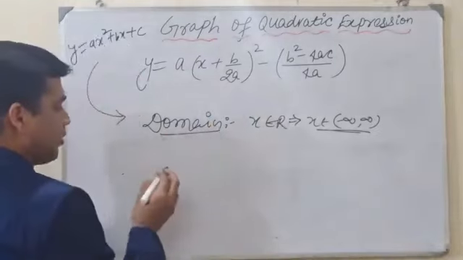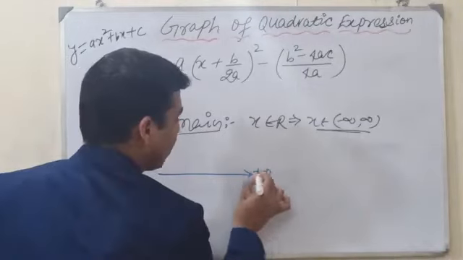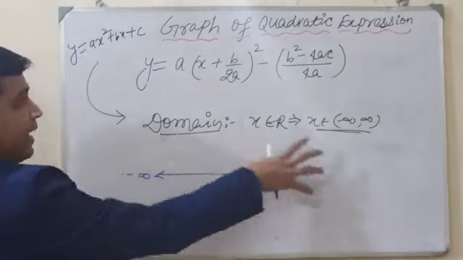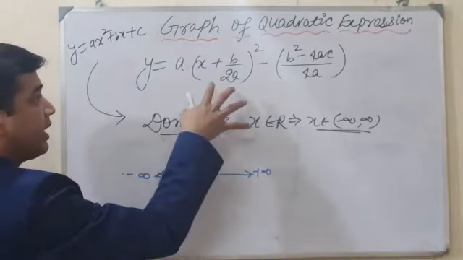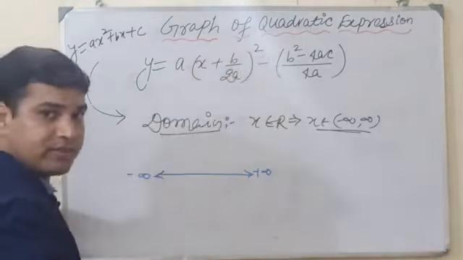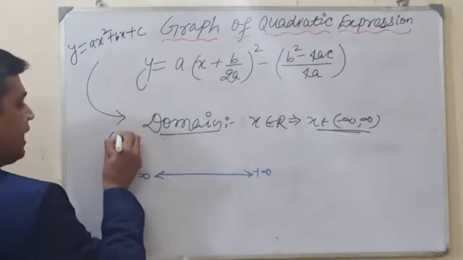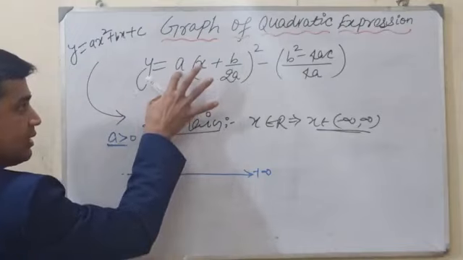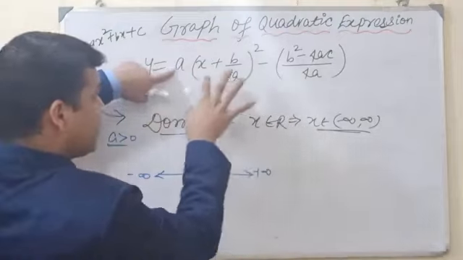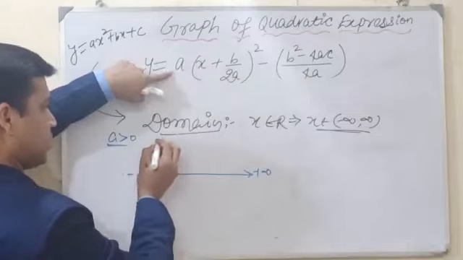Okay, now in the same way, see this here: this one is plus infinity, and this one is minus infinity. Now when we put minus infinity in place of x, we get minus infinity plus b by 2a, and after squaring we get positive. If this a is positive, we get positive. So in the first case I am taking a greater than 0, meaning a is positive. Putting minus infinity instead of x, this will be positive, positive into positive, so you get positive.